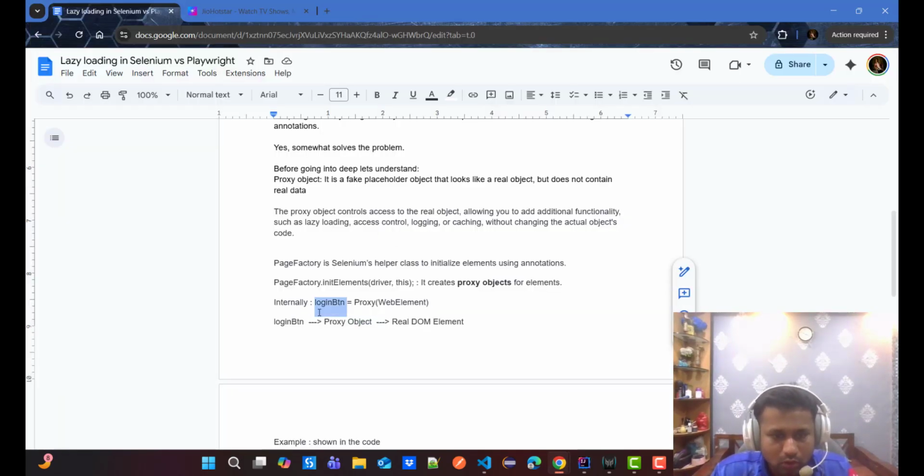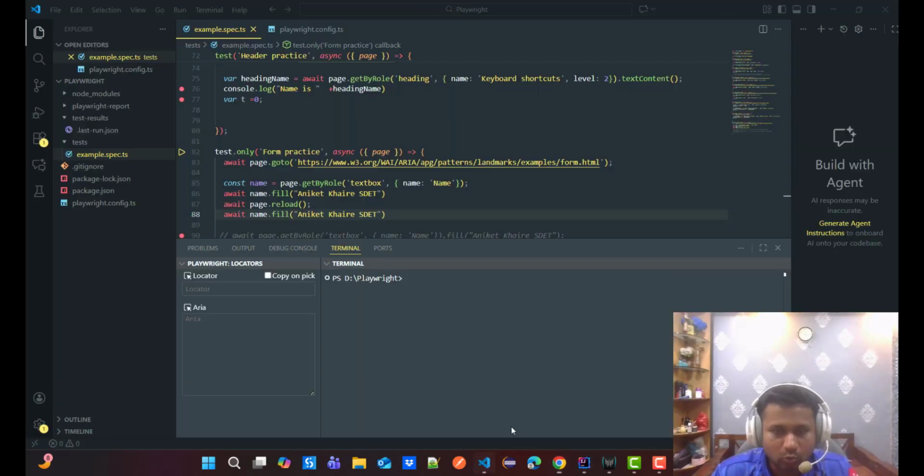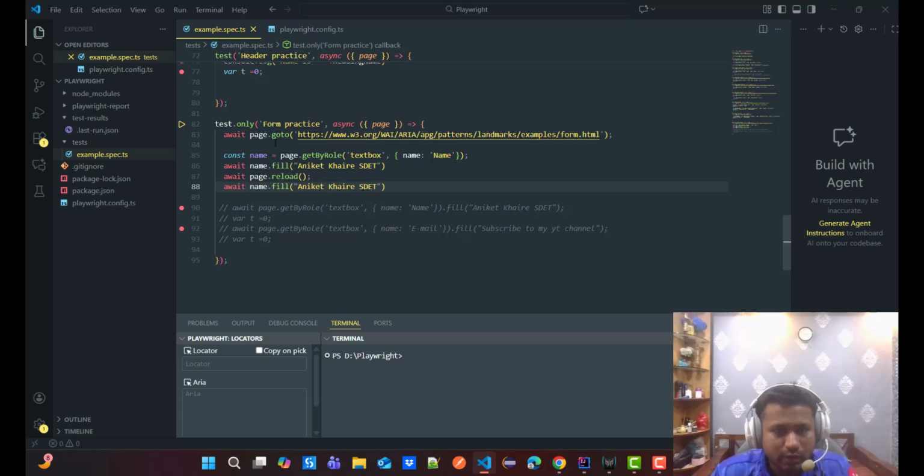We are going to now Playwright. So how does Playwright solve this problem? Playwright locators are not elements, basically they are queries. Every action reevaluates the DOM freshly. Now if I go to my script, as you can see, we are going to this page over here. We are doing the same actions which we did in the Selenium script. So we are filling the element, we are reloading it, again we are filling the element. Now if I run this script,